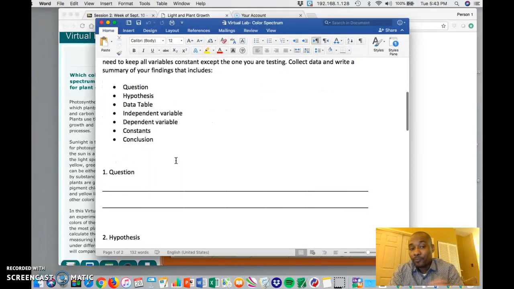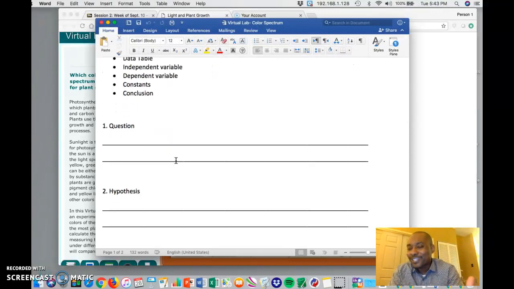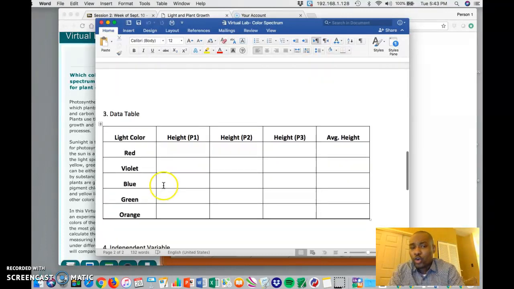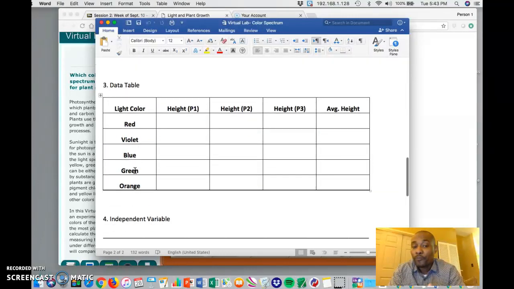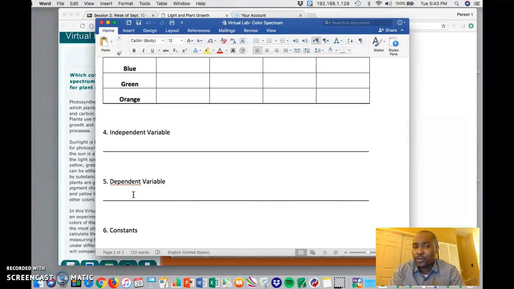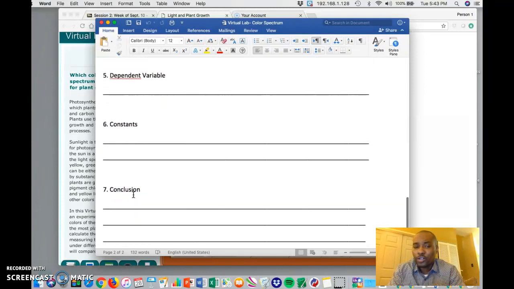So you would record what question you're essentially taking a look at, which is the effect of light color on plant growth. Prior to the investigation, you have to make a hypothesis, a prediction, and over here is where you're going to record the data of the plant growth under these light colors, so red, violet, and so on and so forth. You're going to identify what your independent variable is, your dependent variable, what your constants are, and